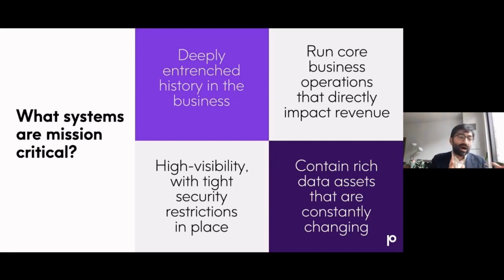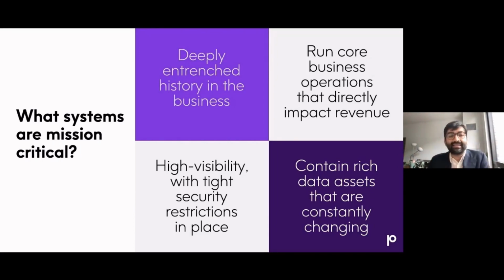Those are very, very closely tied to the revenue that you actually pull in. So the other thing I would really bring to the table here is a mission critical system is typically, because of those first 2 points, it's really going to have some high visibility. And what that means is there's tight governance from a security perspective. There's a very, very tight set of rules around what can and can't be deployed within those systems. Performance, and especially peak performance, is extremely high on the list of concerns. Maintaining that so you can actually service these business ops that bring your revenue in is really, really important.